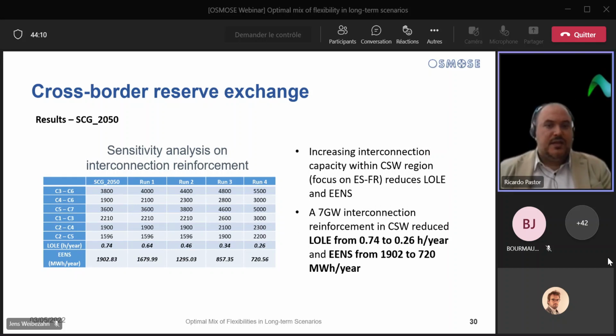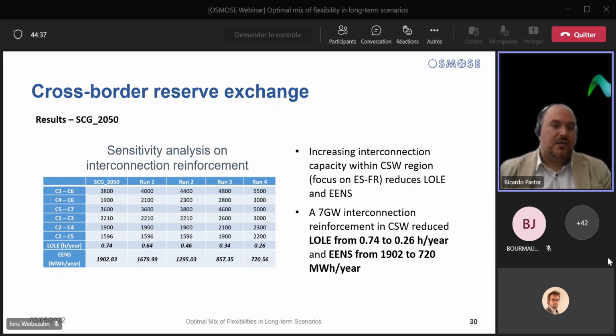Similarly, the sensitivity analysis of interconnection capacity reinforcement was performed. The starting point was the same considered in the previous slides, and in this case, for each run, the interconnection capacity within the continental Southwest region was increased, giving a special focus on the interconnection between Spain and France. As can be seen in the last run, so run 4, a 7 gigawatt interconnection reinforcement will decrease loss of